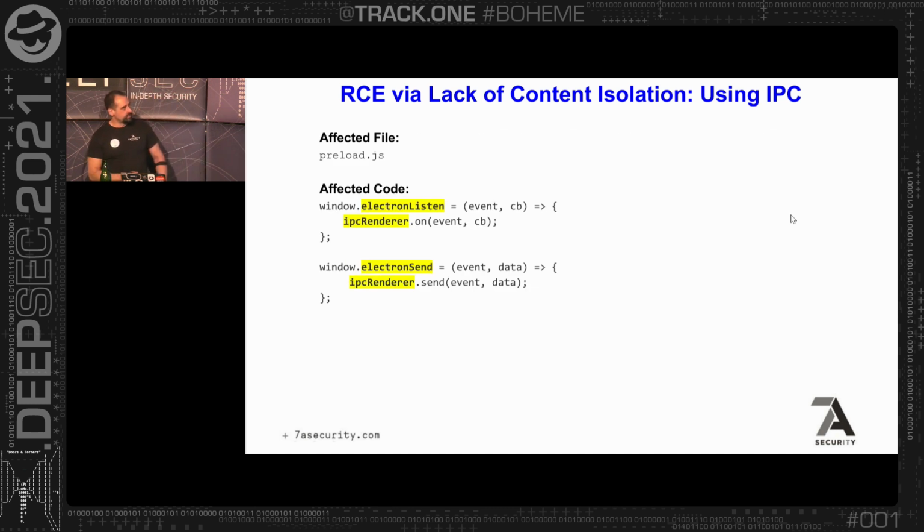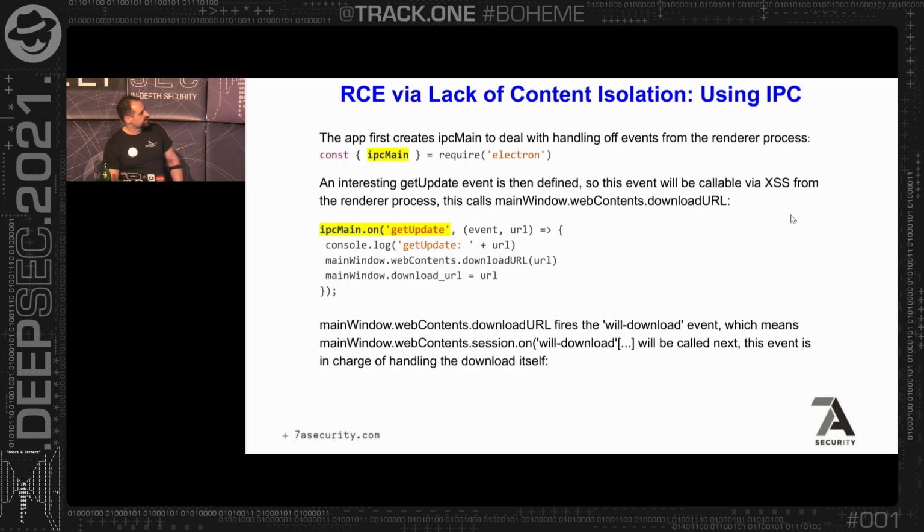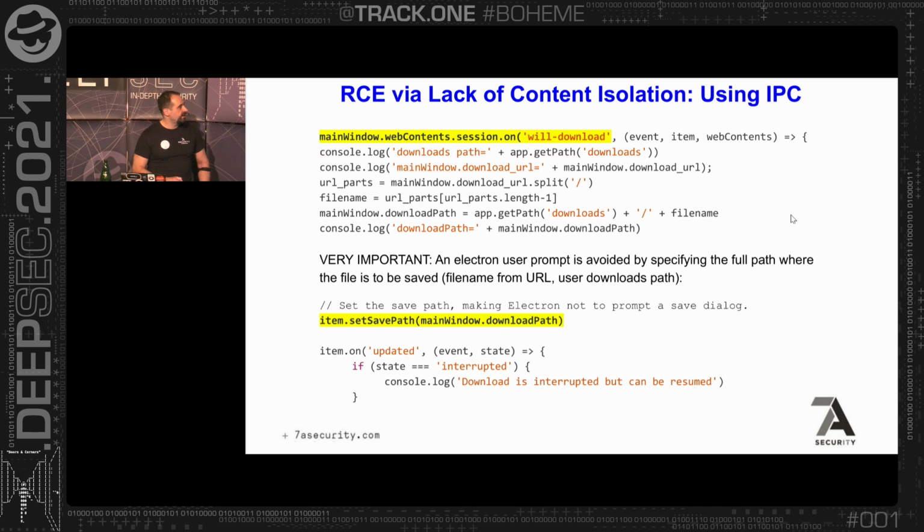Other possibilities could be Electron listen, Electron send, and so on, right? So developers are creative for these things, and these are some possibilities. Since we're a little bit short on time, I'll just cut to the chase and jump to the demo. But basically, we have this get update event, and